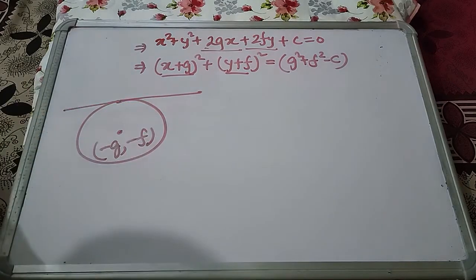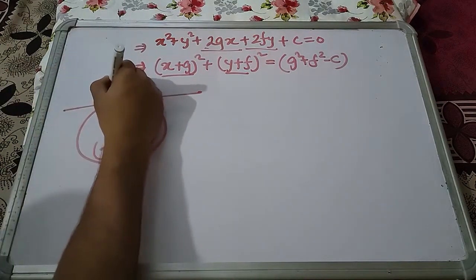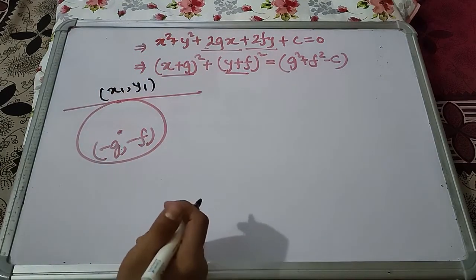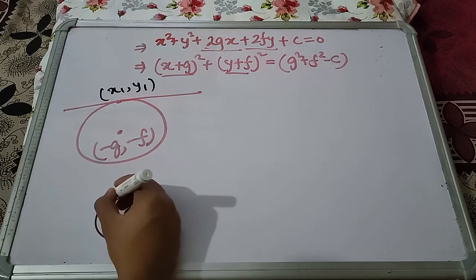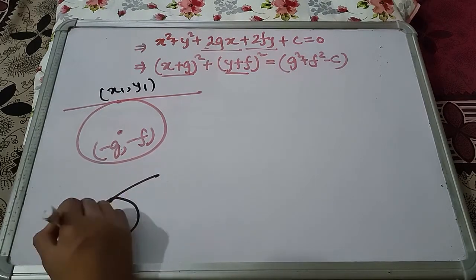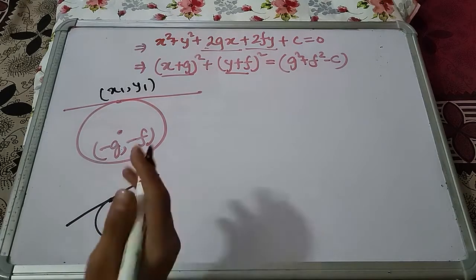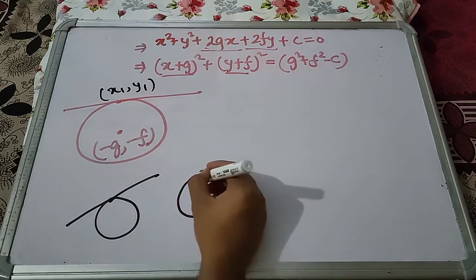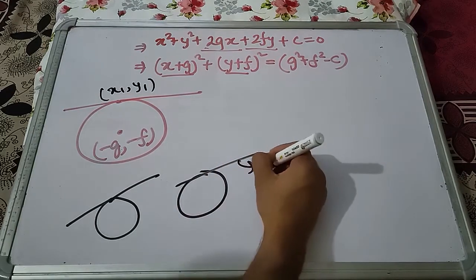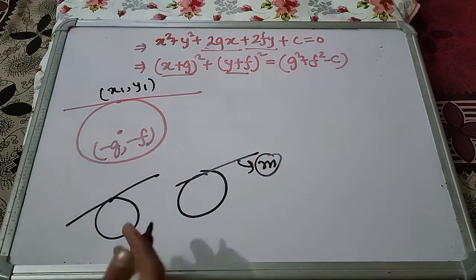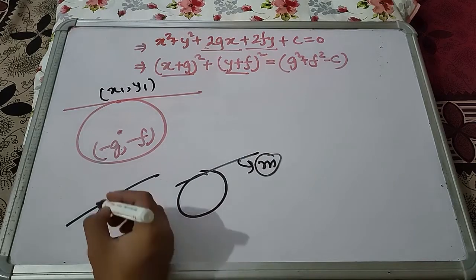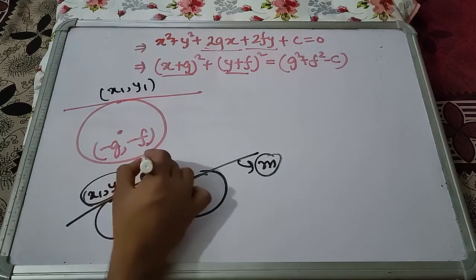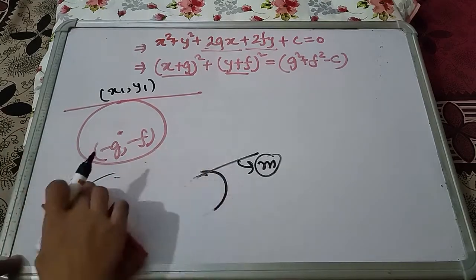Now let this be the tangent at x1 comma y1. What was the requirement initially? That you have a given circle, you have a given point on it. With the help of that, you need to find the equation of the tangent. The earlier concept we learned was that you have a circle, you have a tangent, you have been given the slope of the tangent and you found the equation of the tangent. But now the requirement is different, as the supply is also different, as you are given a point. So now let us see how to find this.